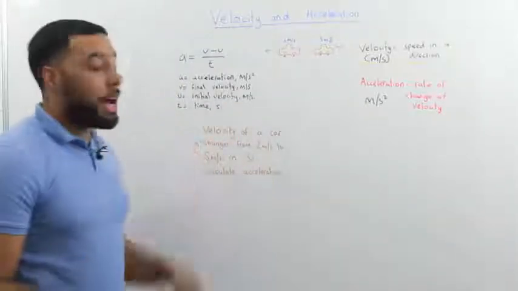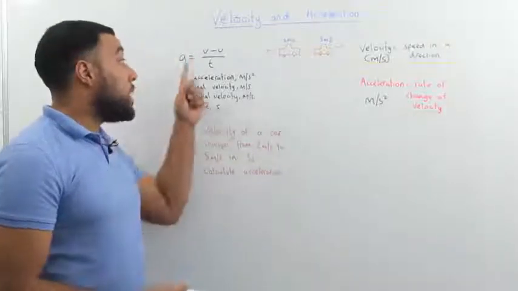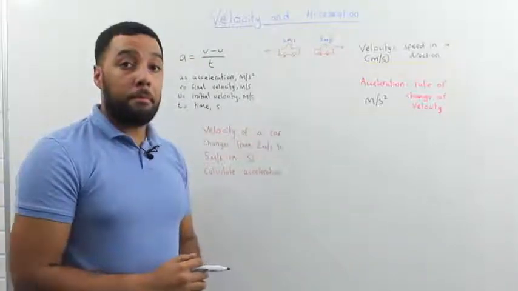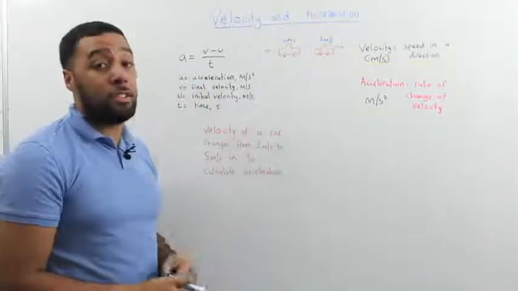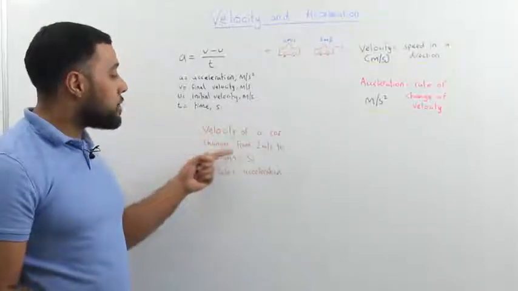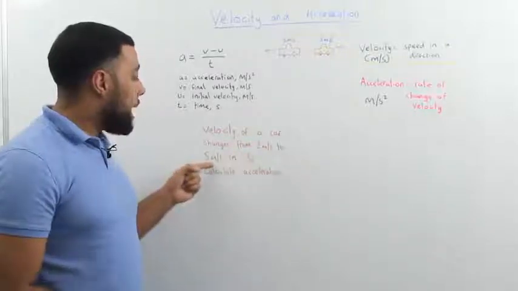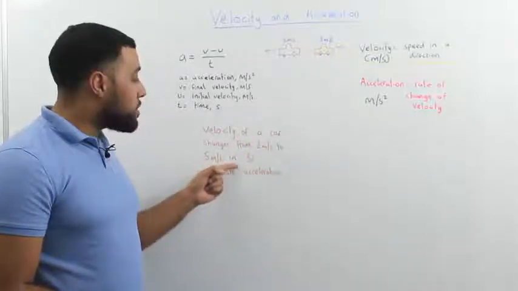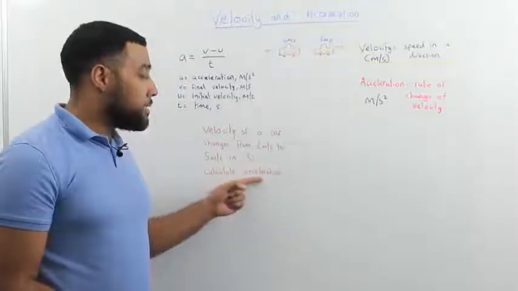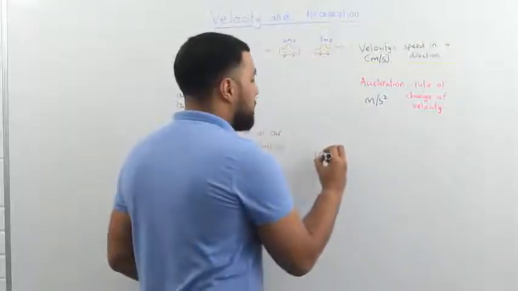So let's take a look at an example of a question where you would have to use this equation to calculate acceleration. It says the velocity of a car changes from 2 meters per second to 5 meters per second, and it does that in 3 seconds. Calculate the acceleration. So using my equation,